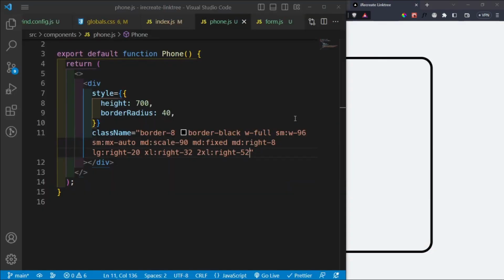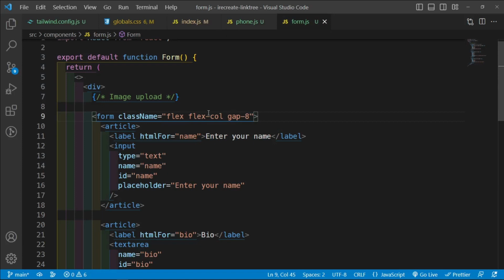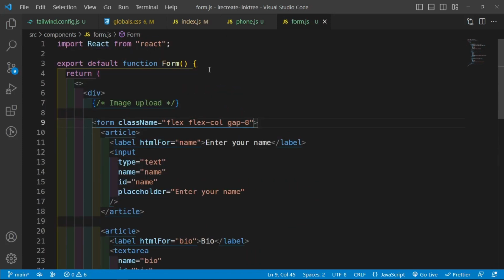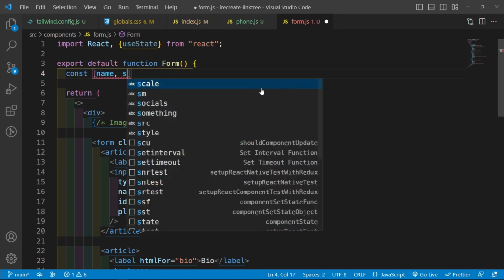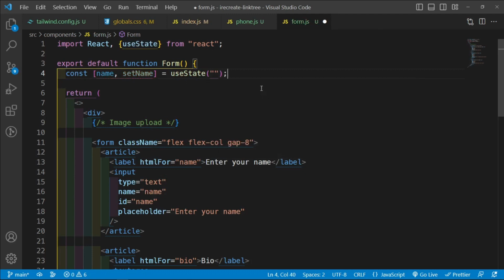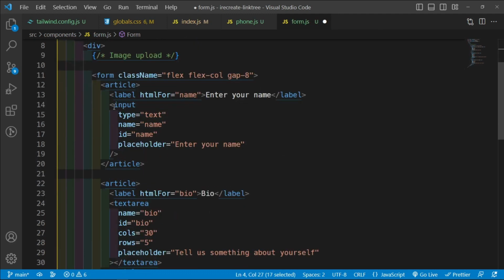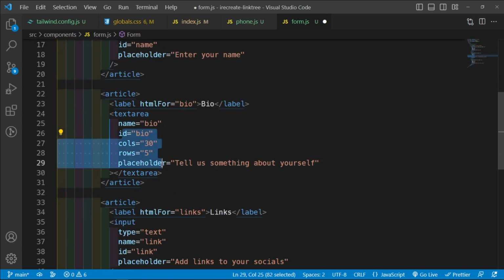And the way we're going to do that is by turning our inputs into controlled inputs by React. Usually what we do is we need to import useState here, and then we're going to create some state values. The first one is going to be name and setName, equal to useState, and by default it's going to be an empty string because we want this to tie to this input for the name, which means that we're also going to have a state value for our bio and another state